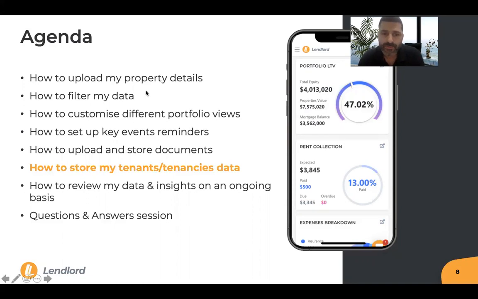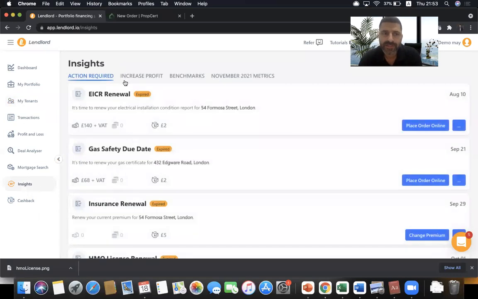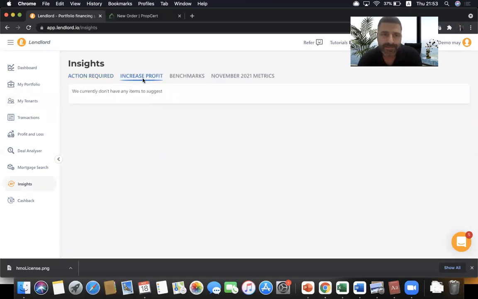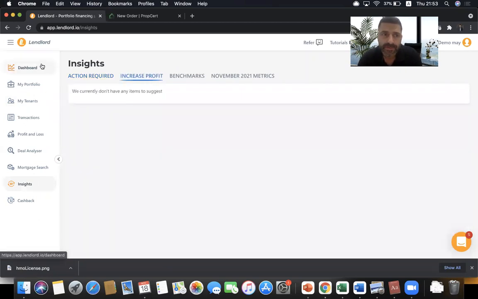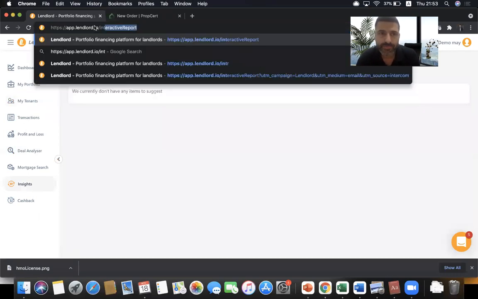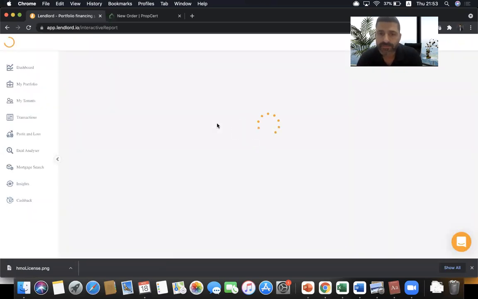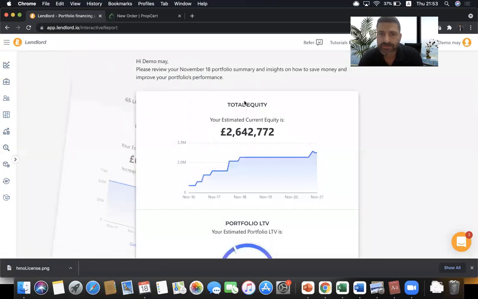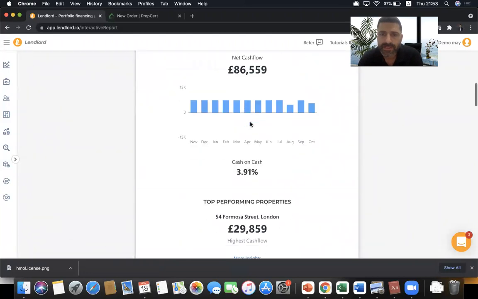And the last topic, how to review the data and insights on an ongoing basis. I think I touched on it. So in the insights page, you can see the action required, increase profit, and different demo accounts. But basically, if the platform identifies, for instance, an opportunity for you to remortgage, you will see it here and also on the dashboard. And the best place is the interactive report that we send every week by email. You need to enter your credentials and log into your account, and you can see a high-level view of your entire portfolio